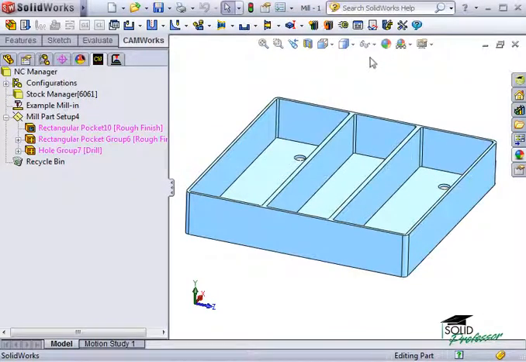In the CAMWorks Feature Manager tree, you'll see it has been updated to show a new part setup and the machinable features that were identified on the part. Under this part setup, you can see the features that were automatically recognized by CAMWorks here in magenta. The part setup that was created represents the Z-axis machining direction that a series of operations will be based on. Since all of the features in this part can be machined using a single orientation, only one part setup was created. If this part required multiple orientations to machine all of the features, you would see multiple part setups listed